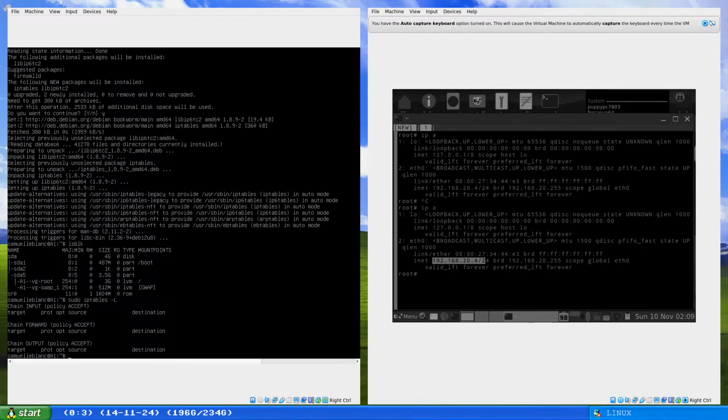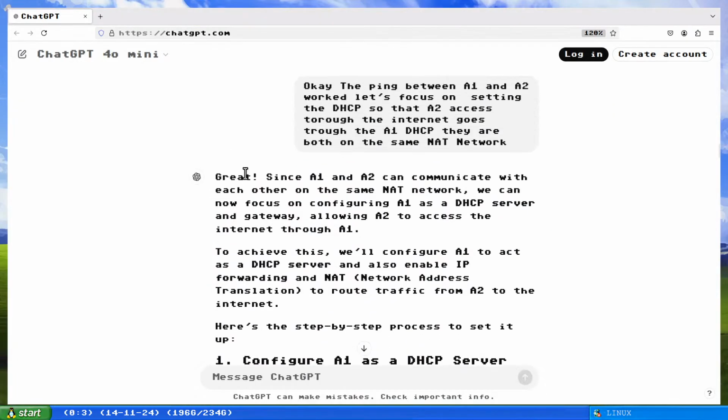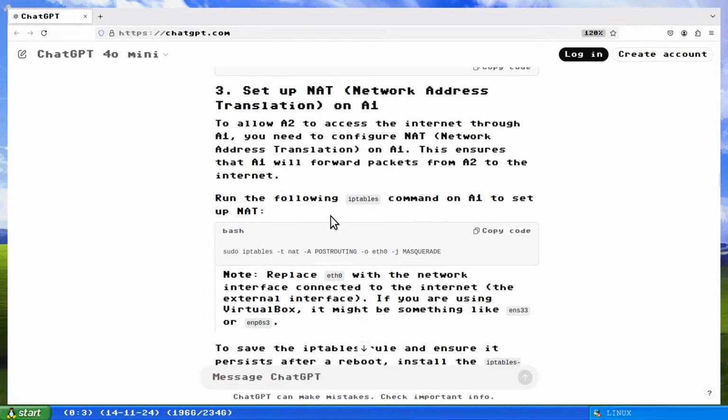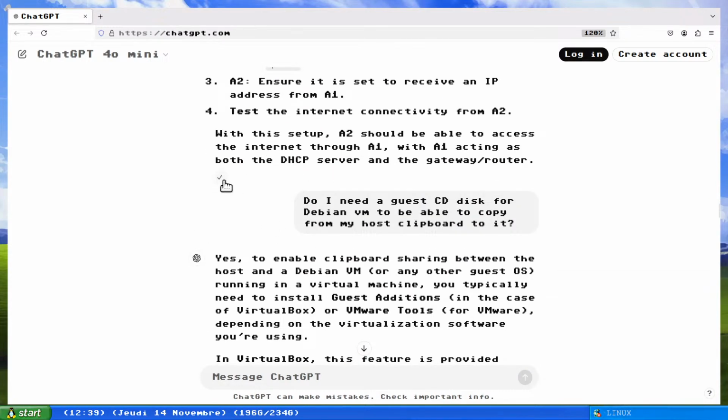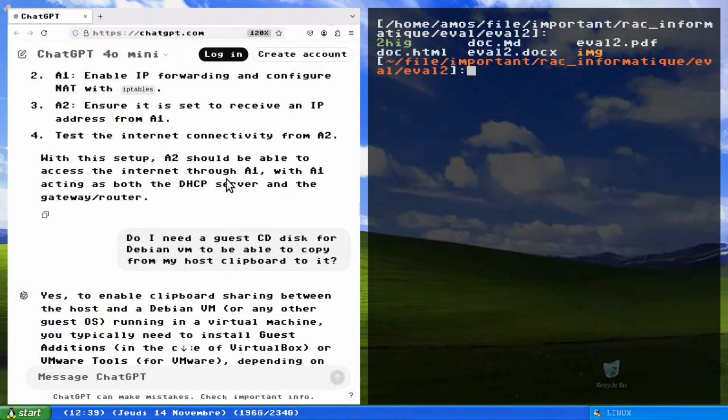So we have all the authorization that we need here. Go back to the response that ChatGPT gave us. I'm just going to put that on a separate file, because those are the steps I need to follow. So I'm just going to copy this, go into this folder right here. That was quick, right? I know, that's impressive. I went into File, Important, RAC en informatique, eval2, and now I can set up this as dhcp-steps.md